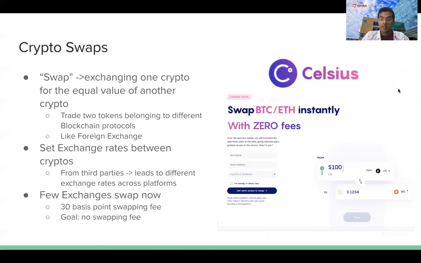So in terms of the future of swaps, one of the Celsius founders stated that in the future of the metaverse, mainstream zero-fee crypto swapping would make it easier to trade in various different currencies in order to pay for NFTs and anything else metaverse related. So this means that it'll become easier to pay for something using different cryptocurrencies instead of being restricted to using only one certain coin. So now we'll be moving on to the strategies section.